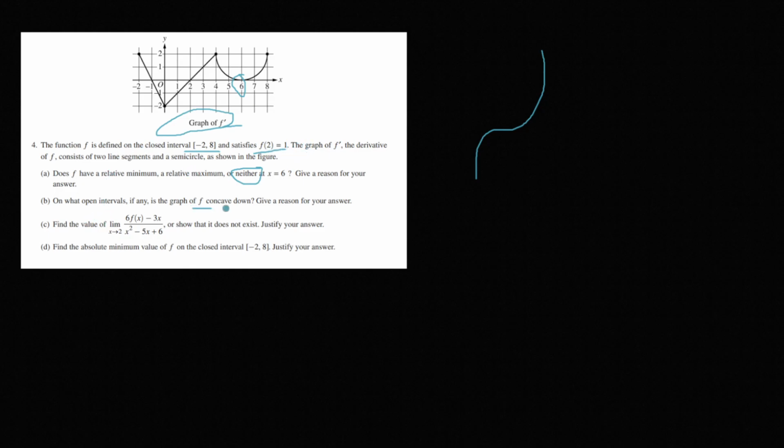Next up, when is f concave down? So f is concave down, c down. F is concave down when f prime is negative. So when is f prime negative? It is negative from,